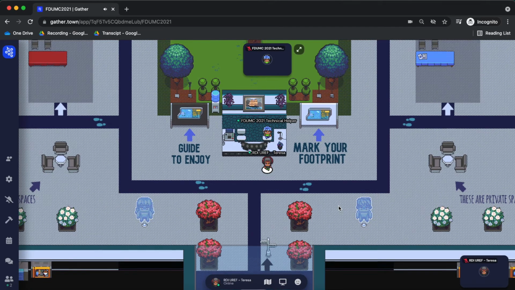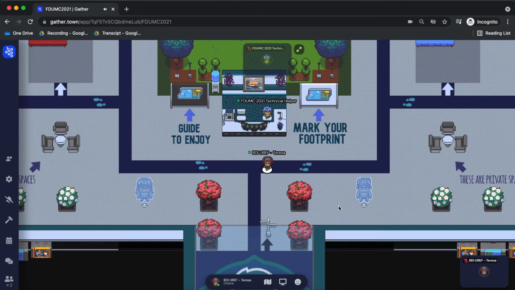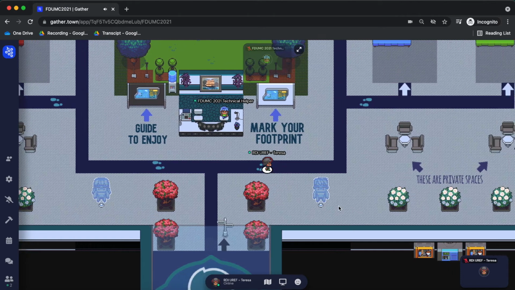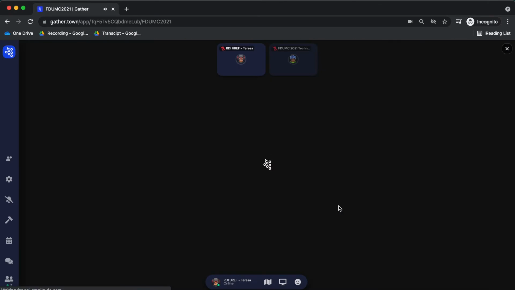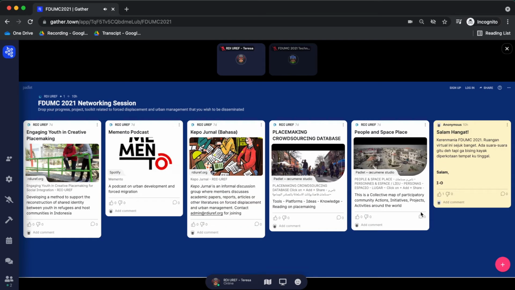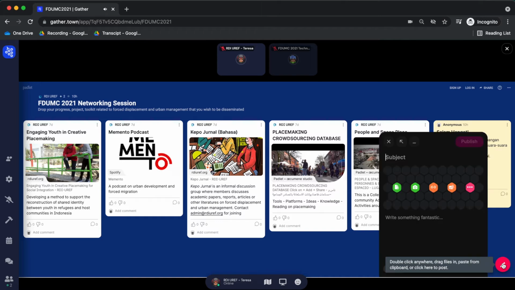Moving on to the other right, we will see another board, mark your point board, and if we press X, we will be connected with Padlet platform. This Padlet platform will allow us to post any progress or work that we have done. Kindly find the pink button there and then click it.